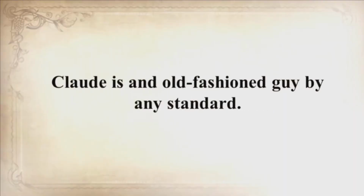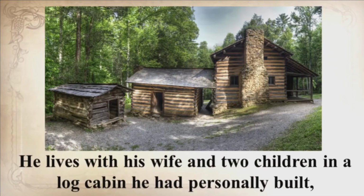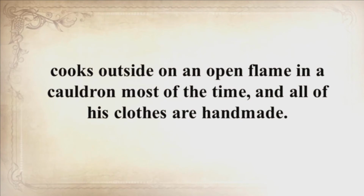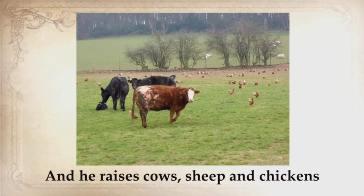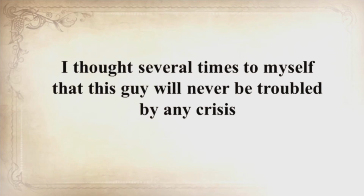Claude is an old-fashioned guy by any standard. He lives with his wife and 2 children in a log cabin he personally built. Cooks outside on an open flame in a cauldron most of the time, and all of his clothes are handmade. He has a 150-square-foot root cellar stuffed with all sorts of homemade canned foods and goods, and he raises cows, sheep, and chickens. I thought several times to myself that this guy will never be troubled by any crisis, because